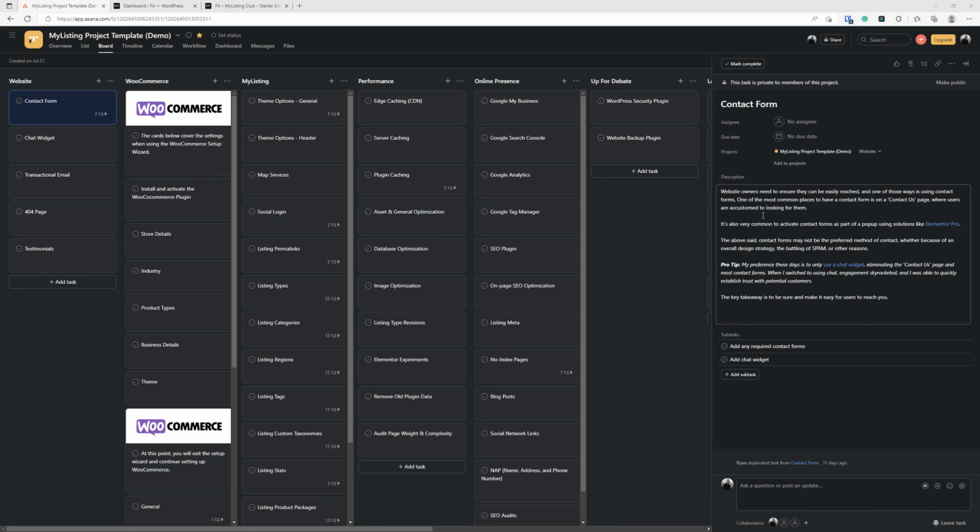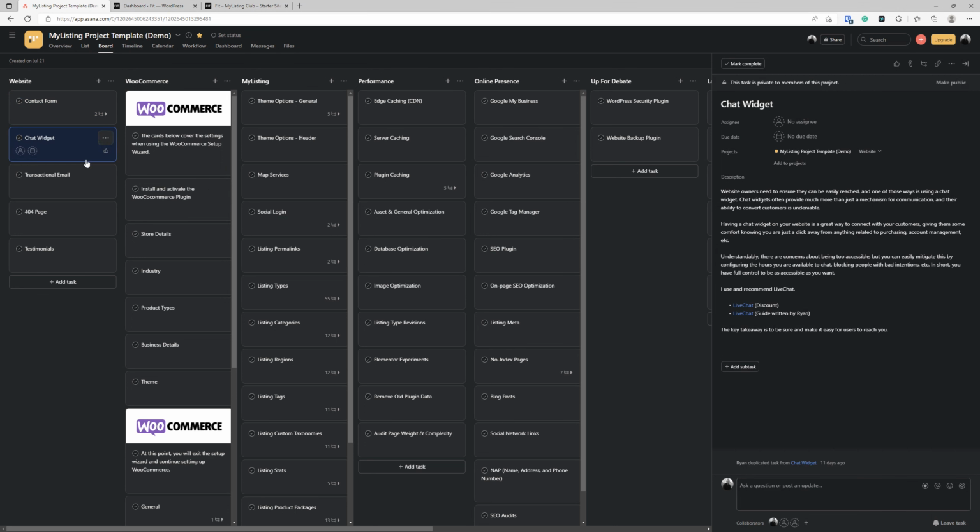I wouldn't personally add a contact form to a coming soon page. Some of you might. So what I would suggest instead is doing a chat widget. Rather than building that out and walking through that, if you have the template, there's a guide for implementing live chat, and there's a discount. But if we look at the MyListing Club website, for example,